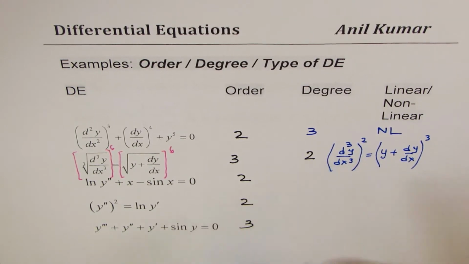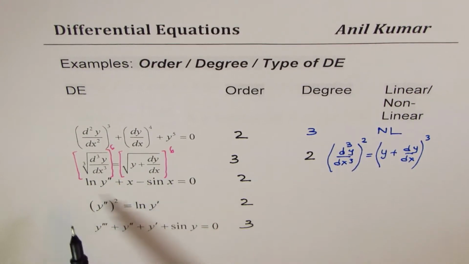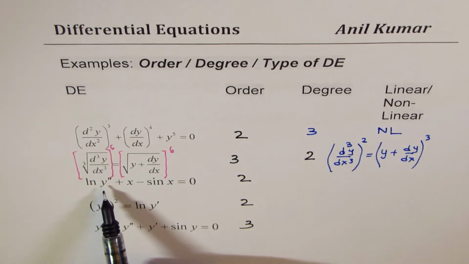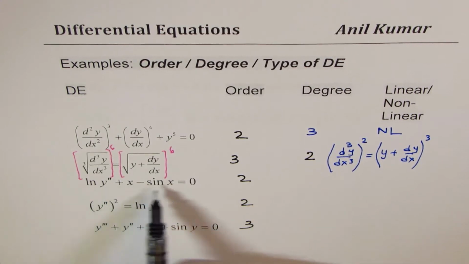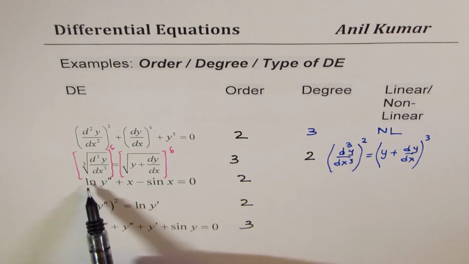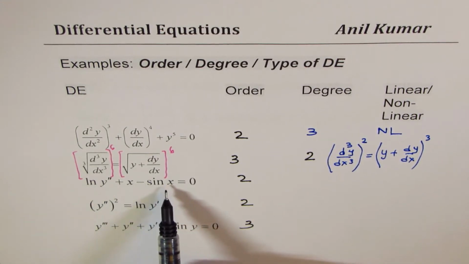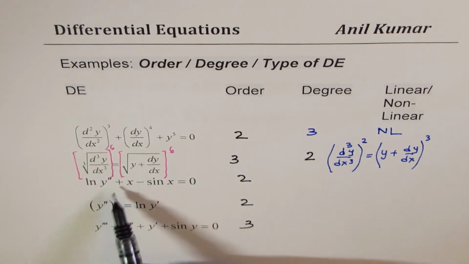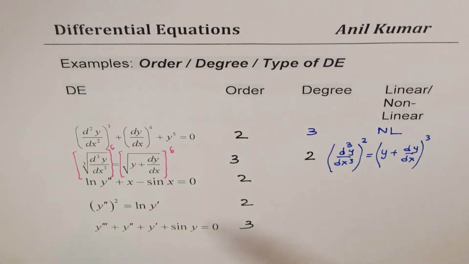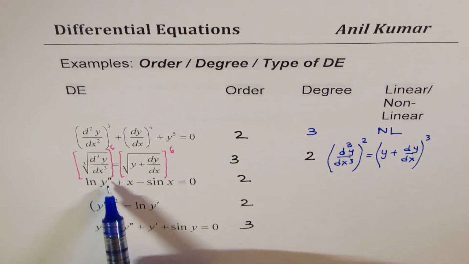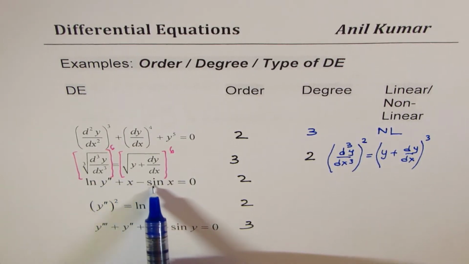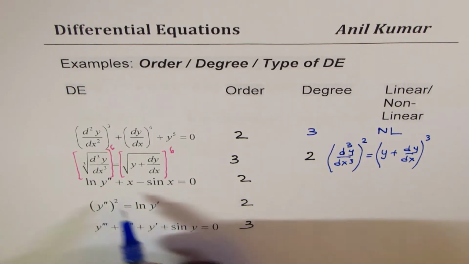Is it okay? Now let's look into the next example, where we know that the order is 2 but the degree is unknown. To get the degree, I have to write this in terms of a polynomial function. Can I do it? Let me show you that part. That's very interesting. We have ln of the second derivative plus x minus sine x. Let me write the function as